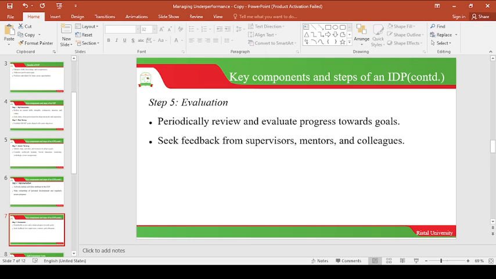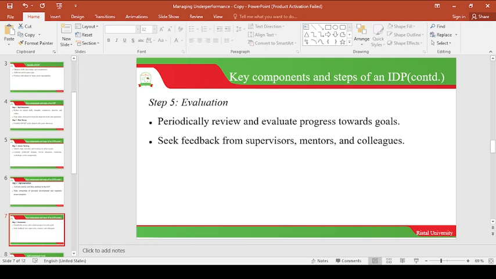And still under evaluation, you need to seek feedback from your supervisors, mentors, and colleagues. In the context of this university, your supervisors are the tutors, the administrators of the university. You can seek feedback from them concerning your performance. For example, if you've done the exams, you have not yet received the results, you can contact us. Okay, you can contact us for your results. We check your results. That is if you are sure that you've done the examination. But some of you cannot do the exam, but you end up asking for results. That's not good. Make sure that you've done the examination, then you have the right to ask for your results.